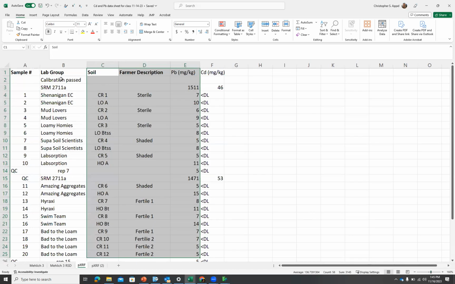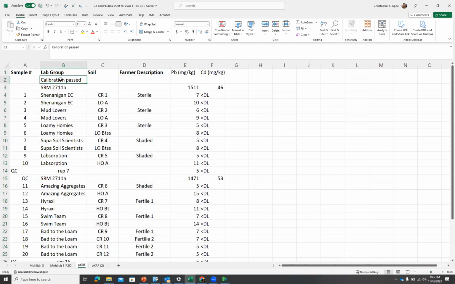And we have a calibration for lead and cadmium, and the only information that we get from the PXRF is whether it passes or not. Because the calibration is based upon an internal calibration that is set up by the factory. And so it passed. So we assume that it's good. And then this first analysis is analogous to an initial calibration verification, or an ICV. So I'm going to calculate a percent ICV